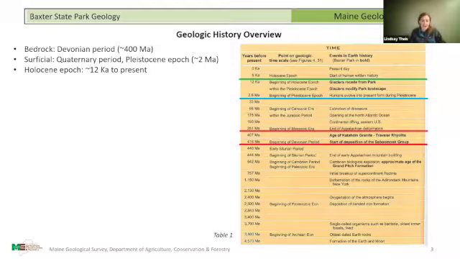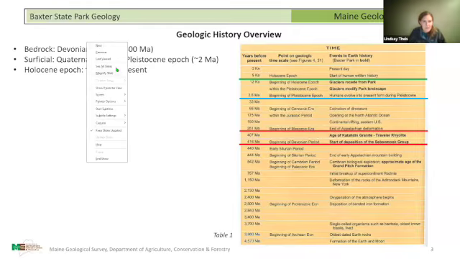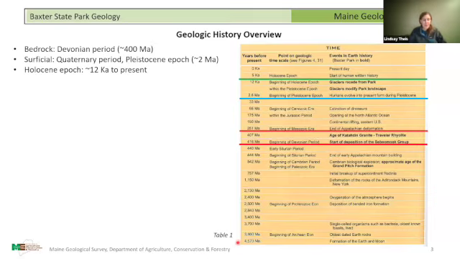So this table is from our Guide to the Geology of Baxter State Park publication. When I reference anything from that publication, I'll note it in the slide with the table number or figure number so that you can look at them more closely during the presentation or later on,